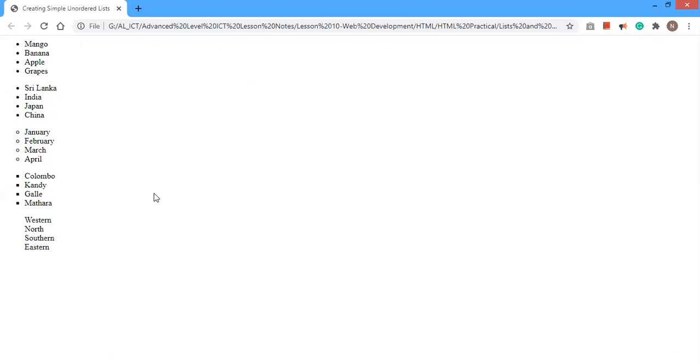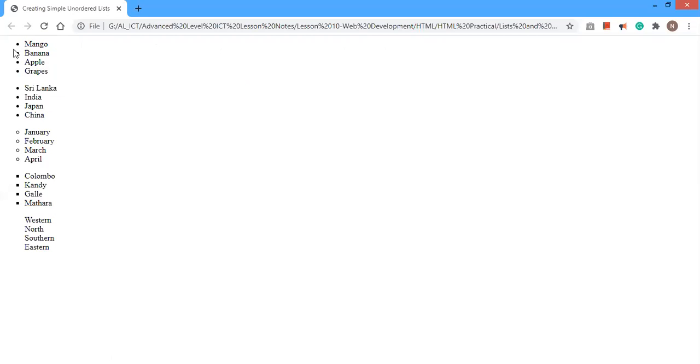So this is the output file. Here you can see, as you can remember, at the very first unordered list, I didn't set any type attribute value for the open UL tag. I told you it will display the list items with the default bullet symbol, which is disk. So this is the disk symbol.